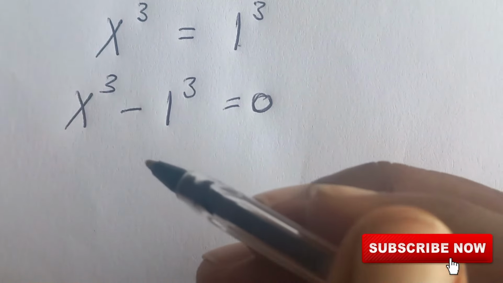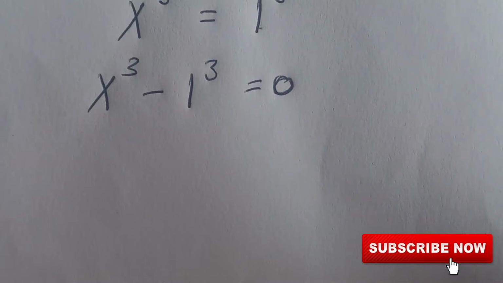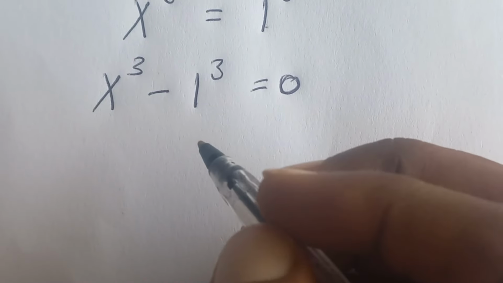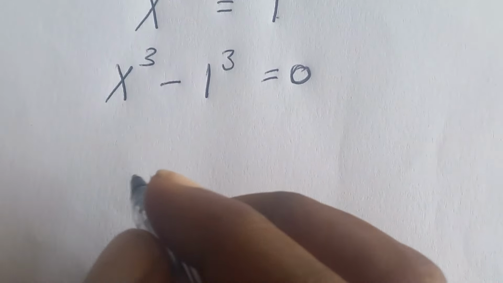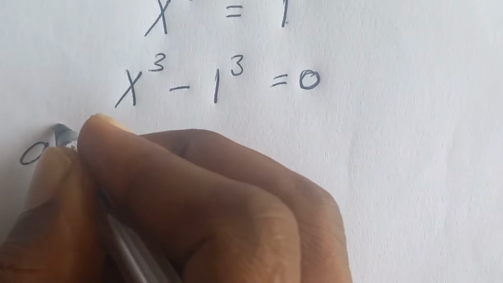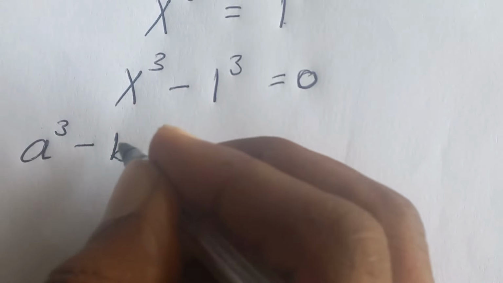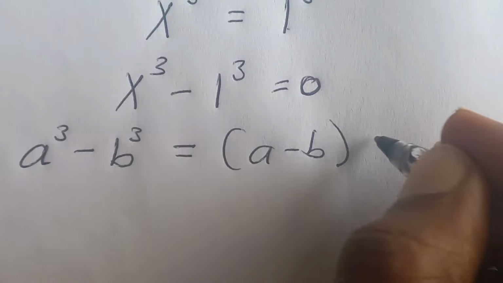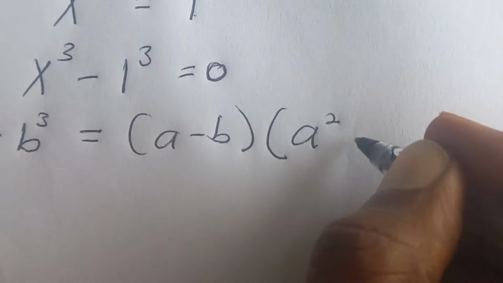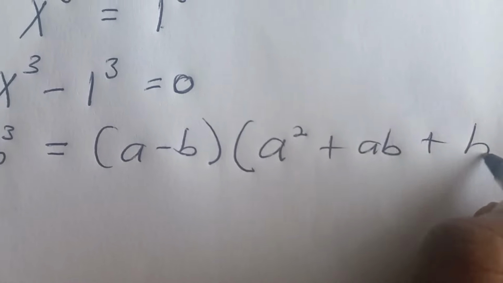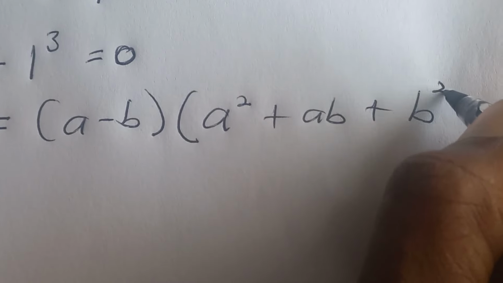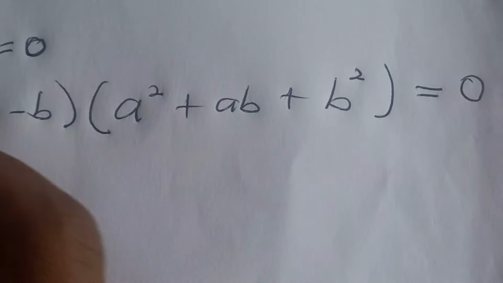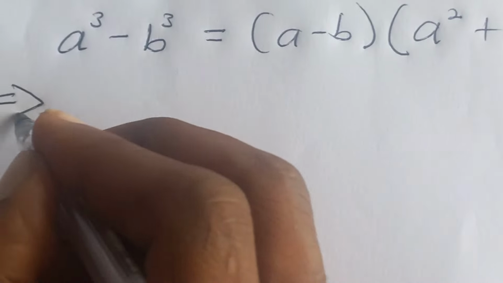Okay, so this one becomes a cubic equation. Now it means that the values of x that we are going to get will be 3. So back to algebra, when we have a cubed minus b cubed, that is equal to (a minus b) bracket (a squared plus ab plus b squared), sorry, which is equal to 0. So our equation is going to be